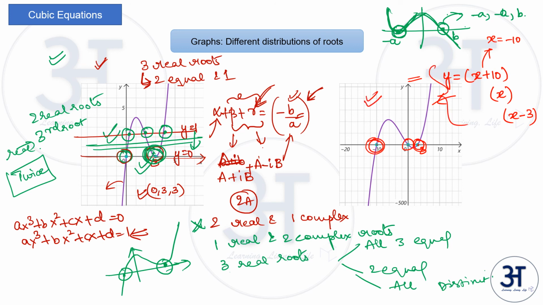You can also find the type of the roots given the graph. So it is very important. You should be able to do both ways. Given the equation, you should be able to draw the graph. Given the graph, you should understand some of the properties of the equation and should be able to derive the equation, right? So we will end our class with this, and you can look at more examples. You can take more cubic equations, try different graphs and see how they behave, to get a feel of all this.